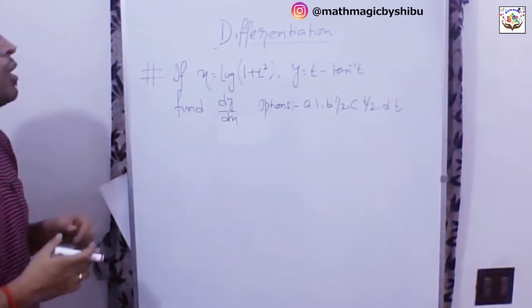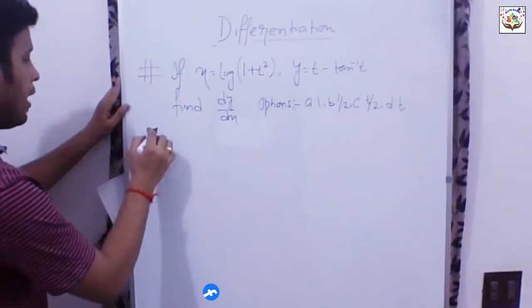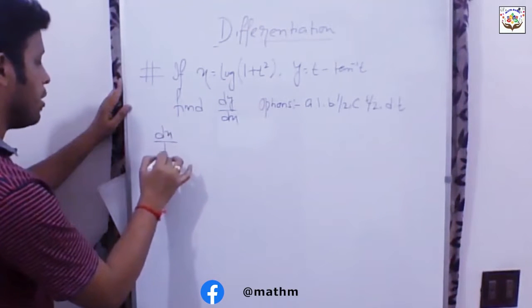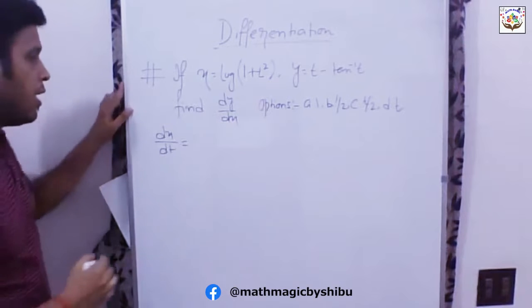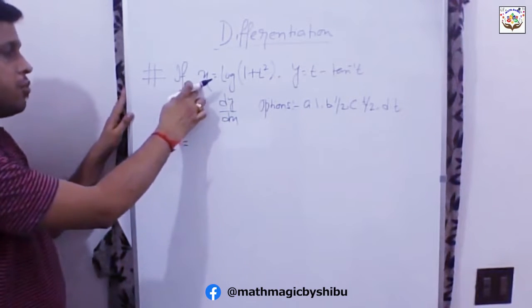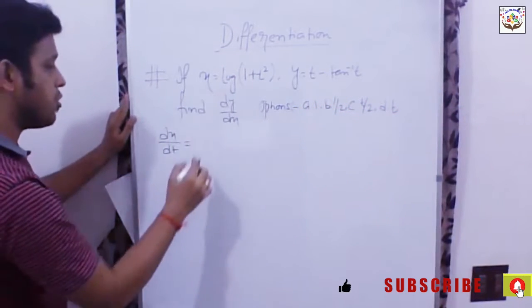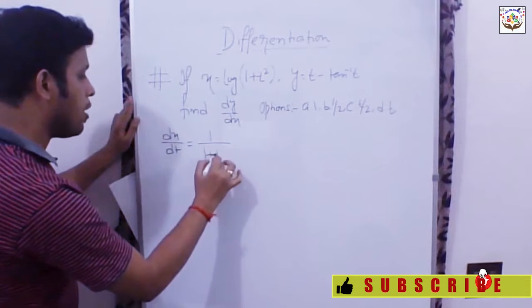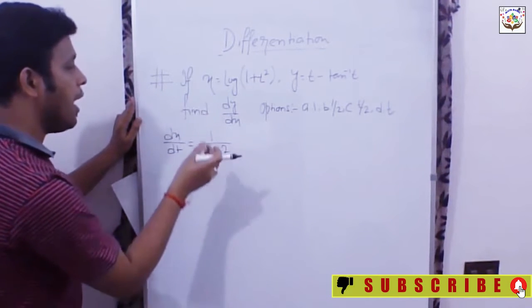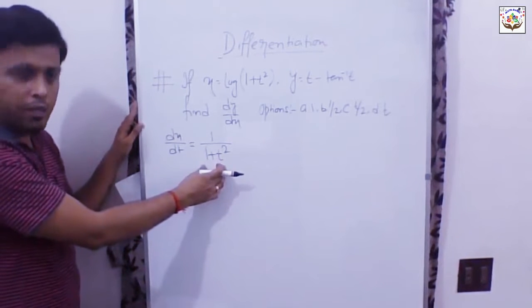I hope I have already shown this kind of problems, although I am deducing it for you. Okay, like if we differentiate both sides of x equals log of (1 + t²). So if we differentiate x with respect to t, it will be dx/dt, right? And log of (1 + t²) needs to be differentiated with respect to t. So it will be 1 by (1 + t²), and for 1 + t² we need to differentiate it again with respect to t.